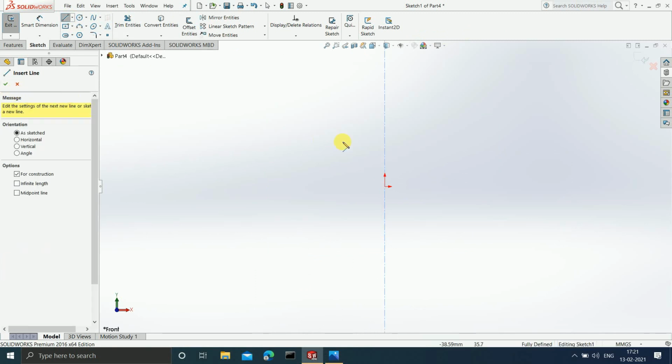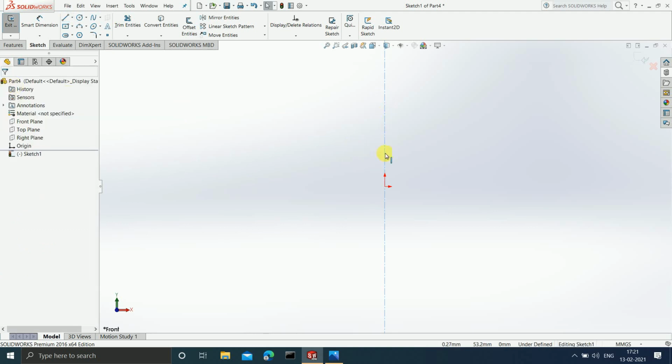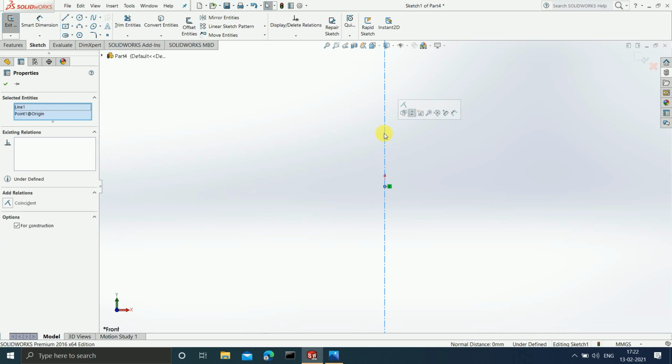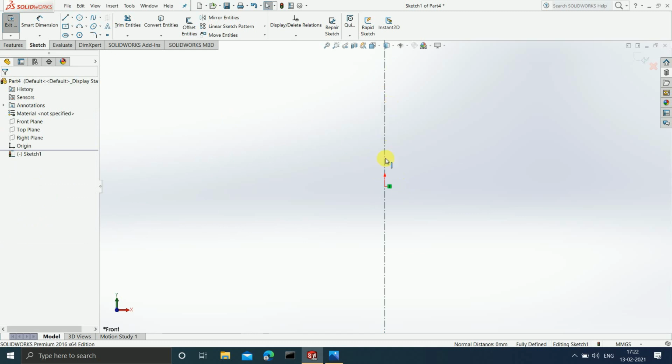Done. Now once this is done, you have to make sure that this center line is always coinciding with the origin. So for that you have to select the origin, press Ctrl and select the center line, and you have to add a relation that is coincident. So what is going to happen? Your center line is always going to coincide with the origin.